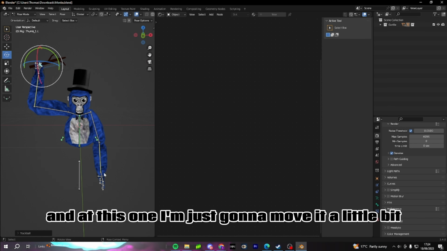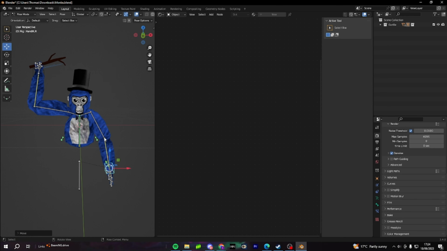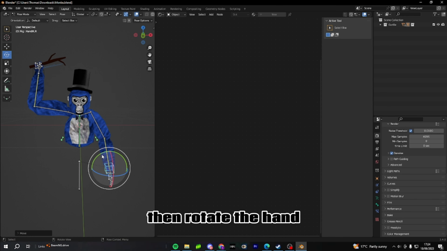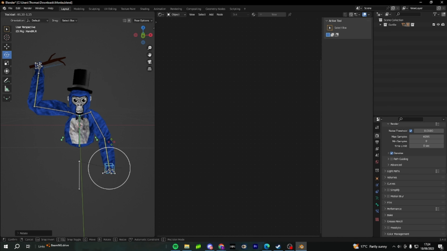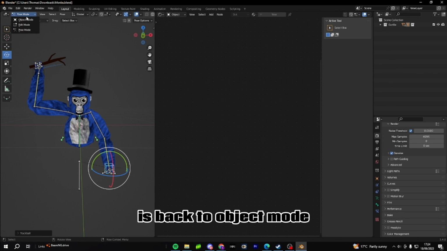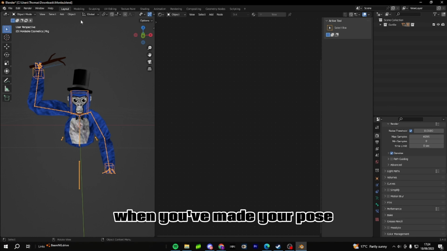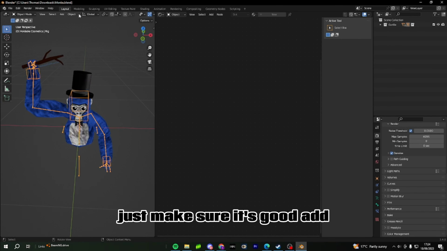And then this one, I'm just going to move him a little bit, so like that. Then rotate the hand so it looks like it's just set on the hand. Perfect. What we're going to do then is go back to object mode when you've made your pose. If you need to, you can adjust it, just make sure it's all looking good. Add